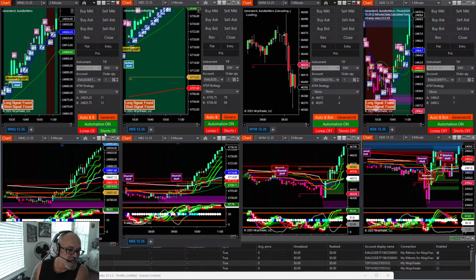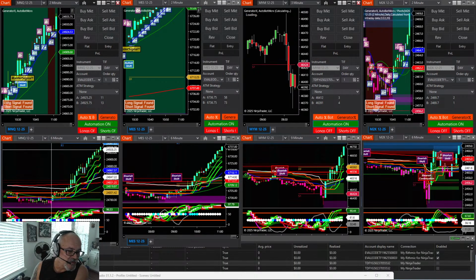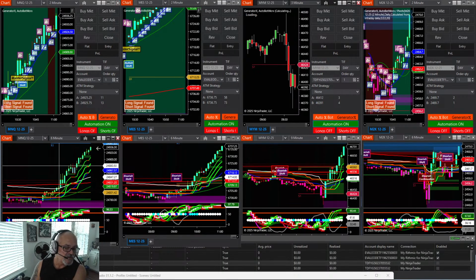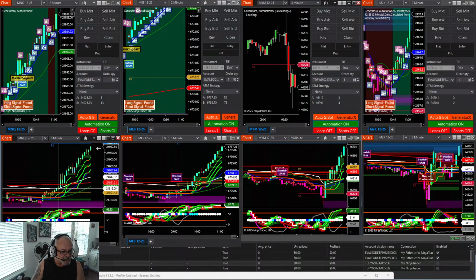So I've turned shorts on the bot to see if we can get that triggered to the downside. The market looks pretty strong. If we look from the open, that's 936, 924. There's the open candle. So if we put a box on our initial balance,